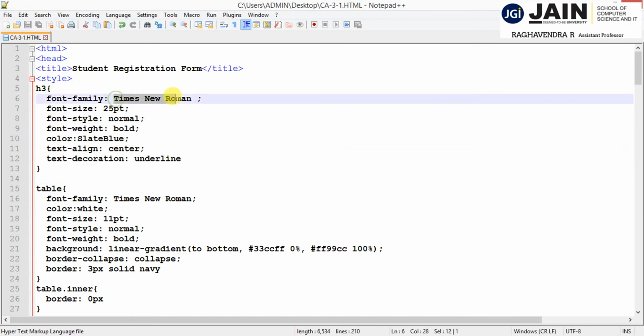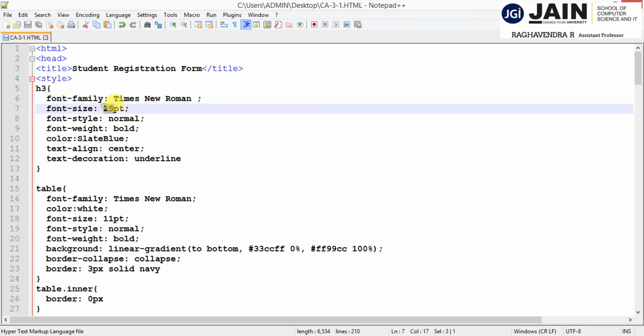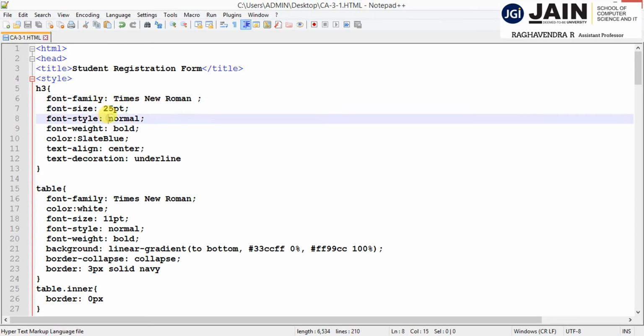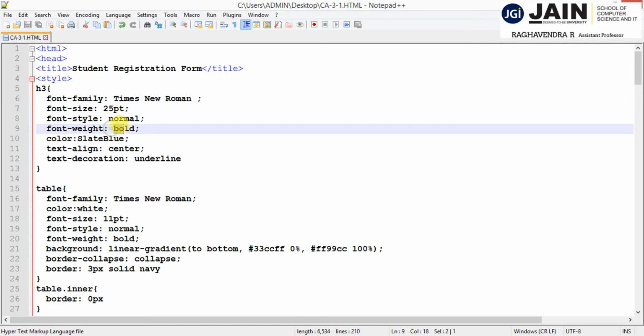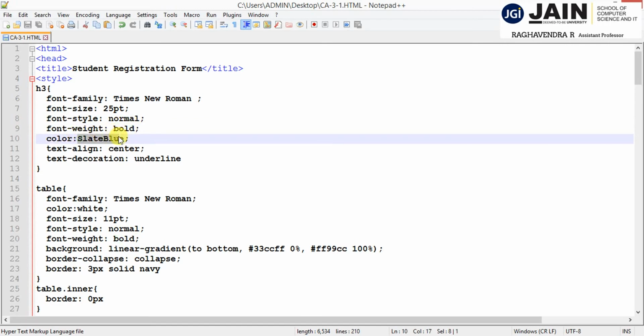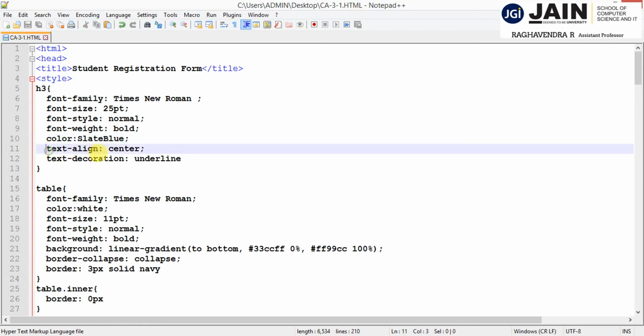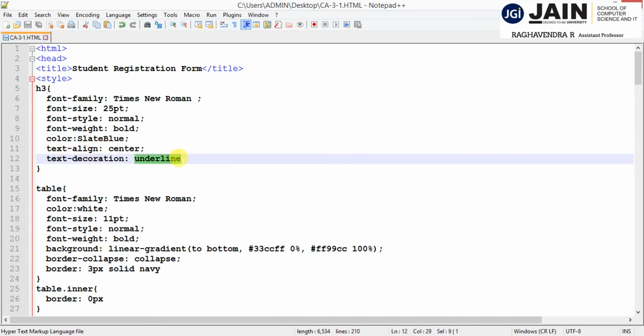Font family Times New Roman, font size 25 points, and font style normal. It should be bold, that is the font weight, and color salt blue, and the text align should be in the center, and the text decoration should be underlined. So whatever text appears in the H3 tag includes all these properties.